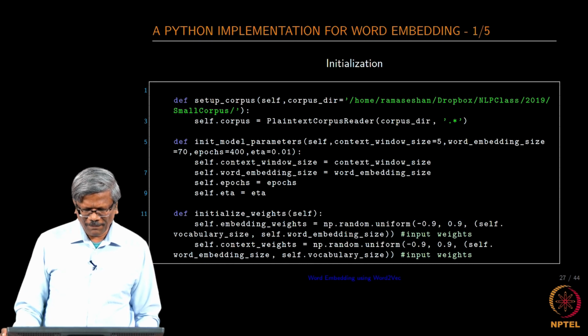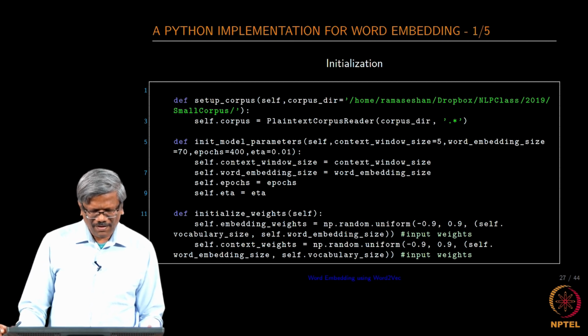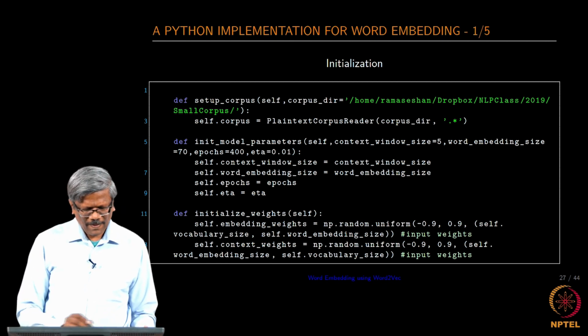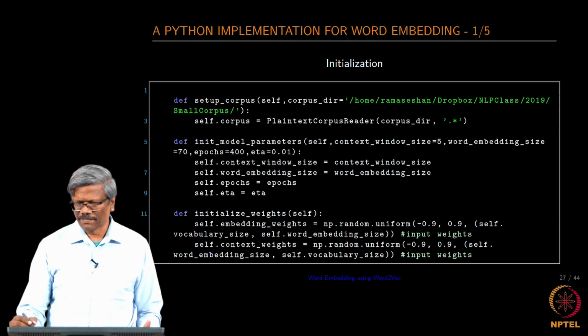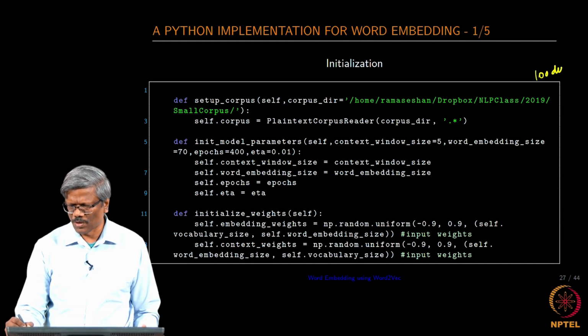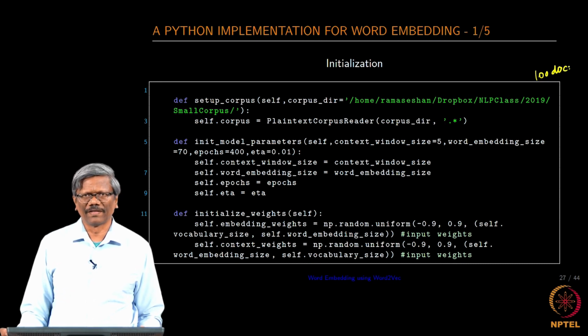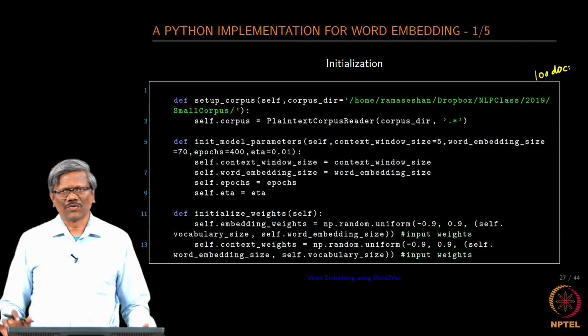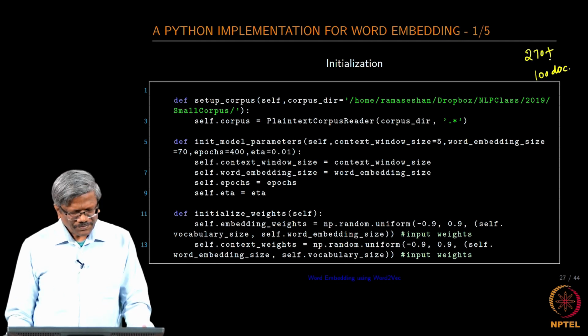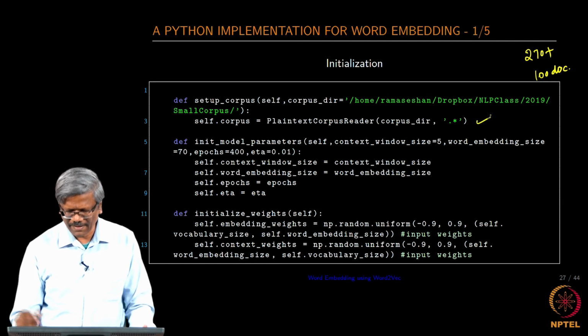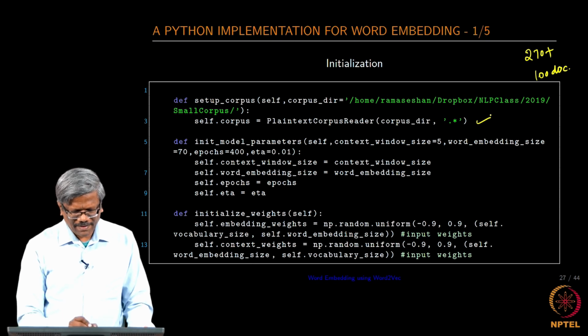Okay. So, for any network to work, we have to do some kind of an initialization. We need to first set up our corpus. I am taking a very small corpus of about 100 documents. It is very small. It is not good enough to really identify all the word vectors in the right context. Okay. This is just to show how it works. Okay. So, I will be initializing some parameters. Initially I set up the corpus, so that I can read all the documents, and then I initialize the model